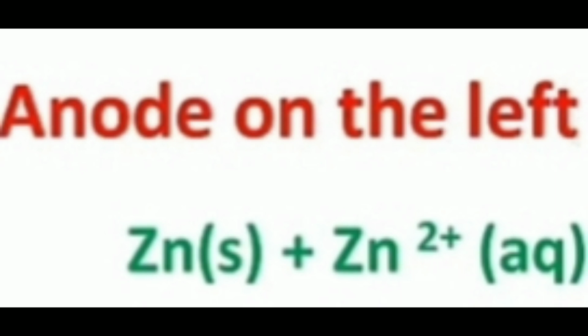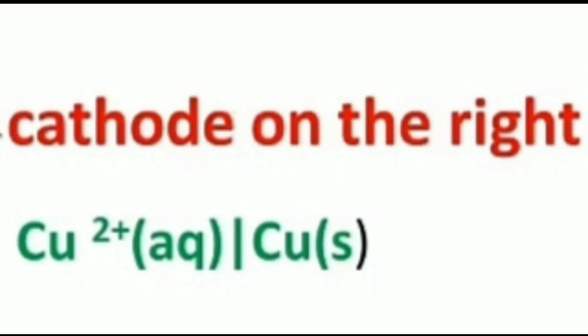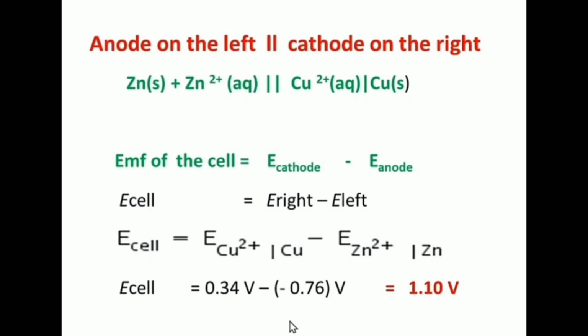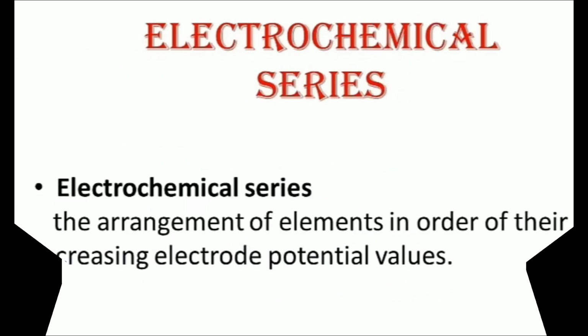Next, the copper rod dipped in copper sulfate solution is connected to the standard hydrogen electrode. Then we get the voltmeter reading of 0.34 volt. Here we put a positive sign because with respect to the standard hydrogen electrode, this half cell undergoes reduction. Thus we measure the half cell potential of the copper electrode as 0.34 volt and that of the zinc electrode as 0.76 volt by using the standard hydrogen electrode, and thereby we calculate the cell potential of the Daniell cell as 1.1 volt.